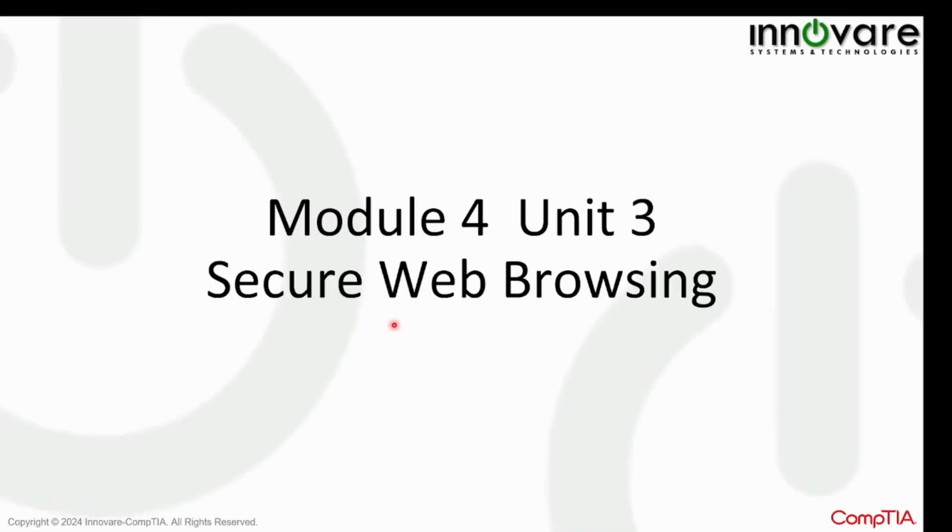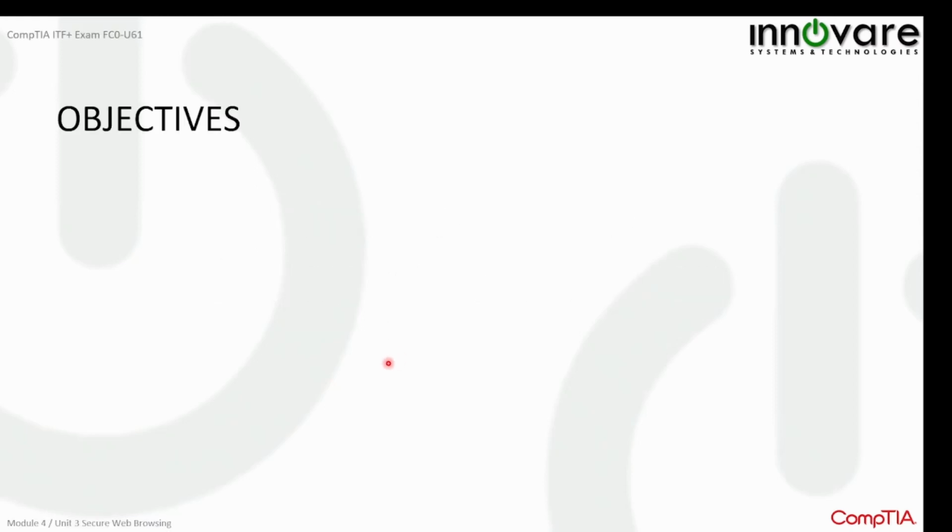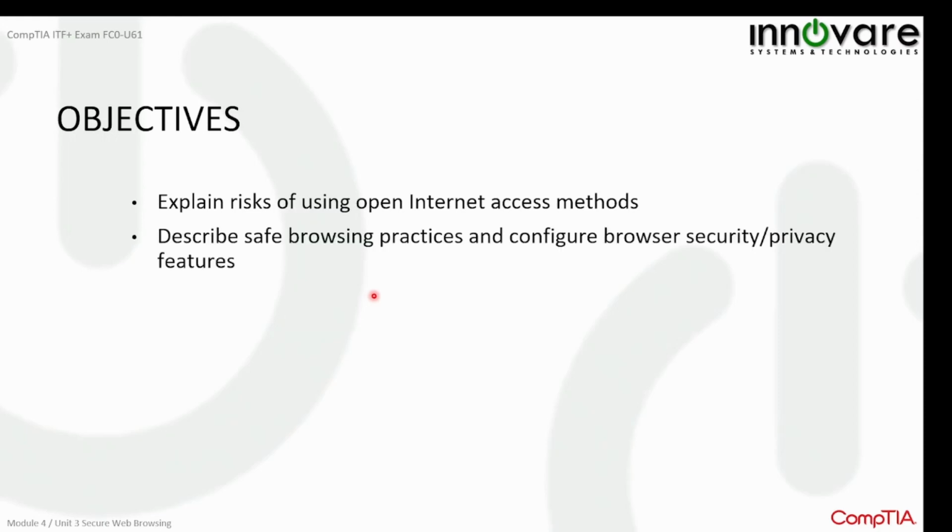Module 4, Unit 3, Secure Web Browsing. In this unit, we will identify the risks when you are using open internet access. When you are accessing a public internet, what are the risks? We will explain each risk that we identify, and then we will describe the safe browsing practices. What are the recommended practices when you are surfing the internet in public? And then some configuration tips to browse secure and private